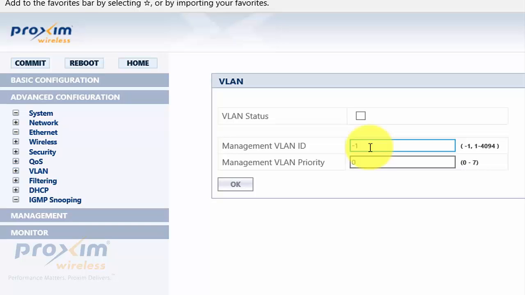Okay, so this is a 1Q frame, so if it's -1, it's going to be part of the native VLAN. So if you do enable and you leave this at 1, it means you're going to only be able to manage the radio from the native VLAN, which is untagged. The second you put a tag number in here, you have to make sure that it is part of